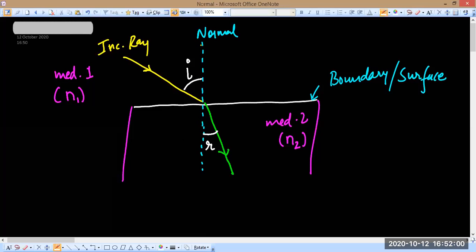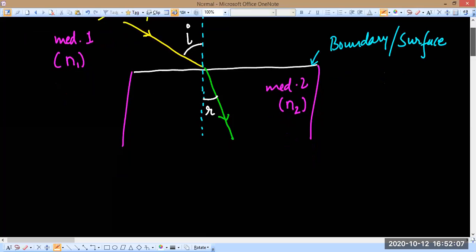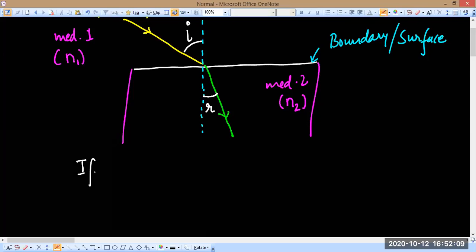Now you see here I have drawn a particular case. Here I have drawn a particular case that says that if n2 is greater than n1, then R is less than I. So we say this inequality, this equation that I have written in mathematical language can be written like this in words. If light